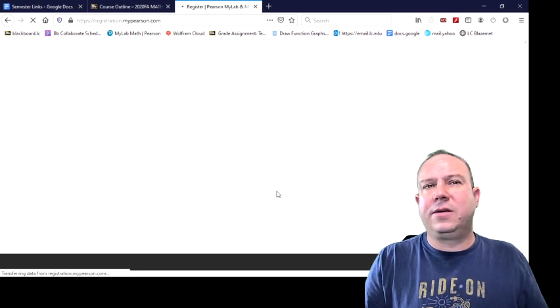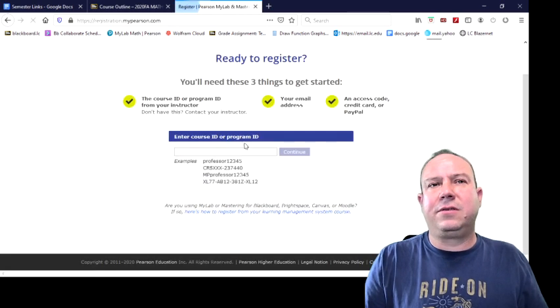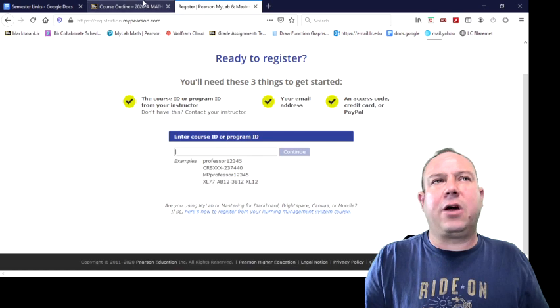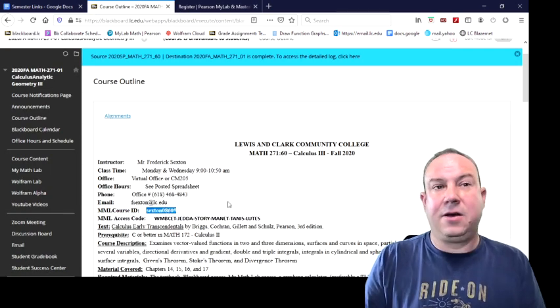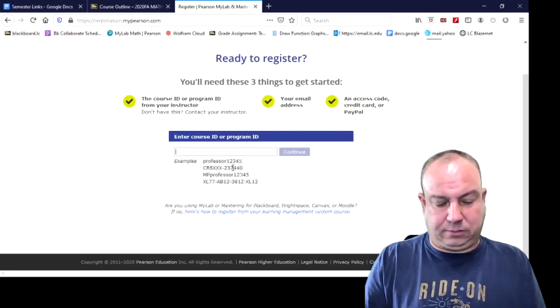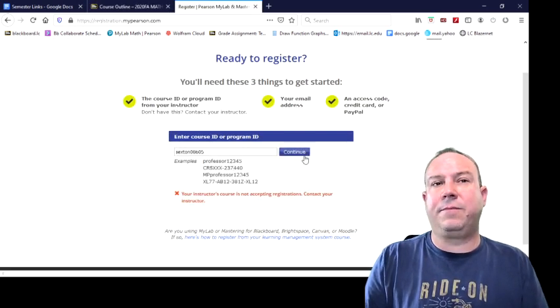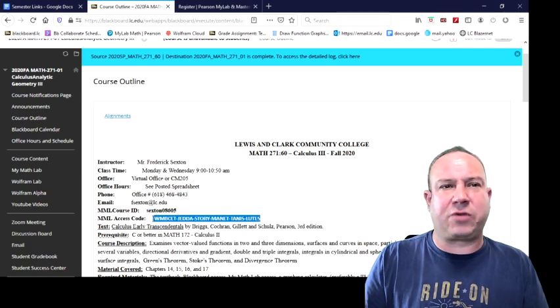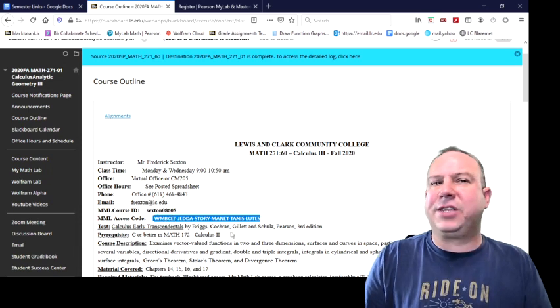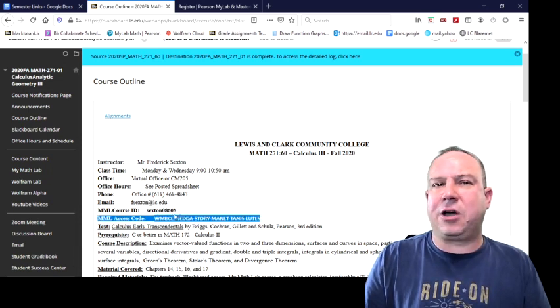We go under OK, register now. And here we are going to put in the course ID number. Continue. Oh, I don't think we can start registering until tomorrow. But once we can start registering tomorrow, maybe I'll go in and make sure I try to change that. So if some of you are on there trying to do that tonight, you can get that done. It's going to ask you for this code along the way. This is the code you're going to use to access that